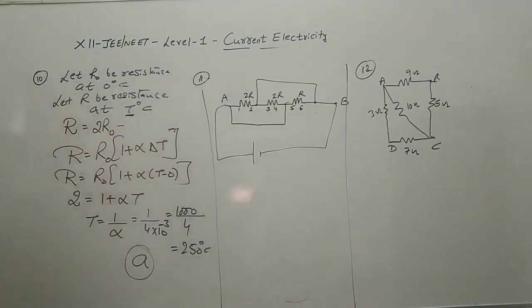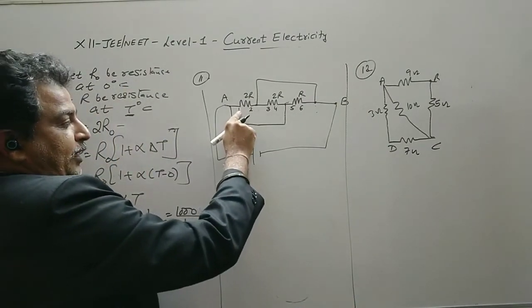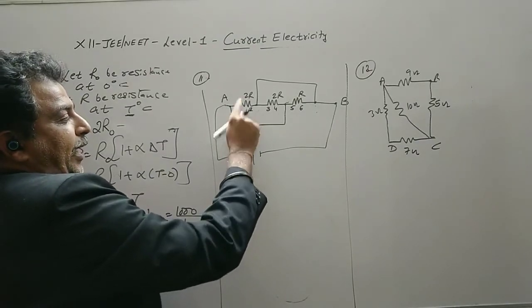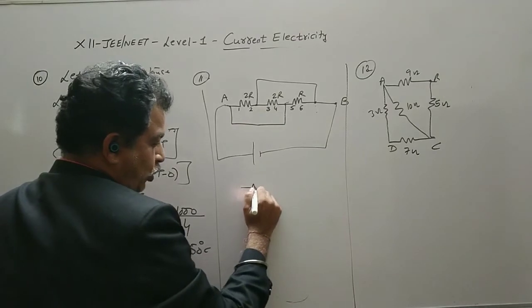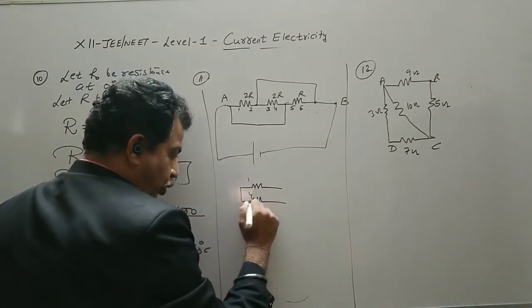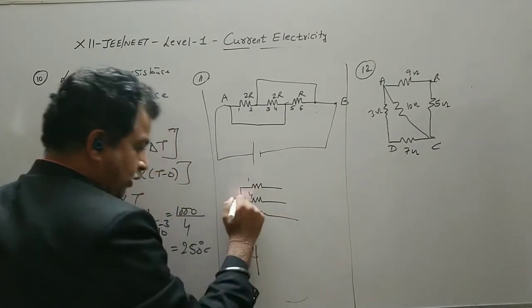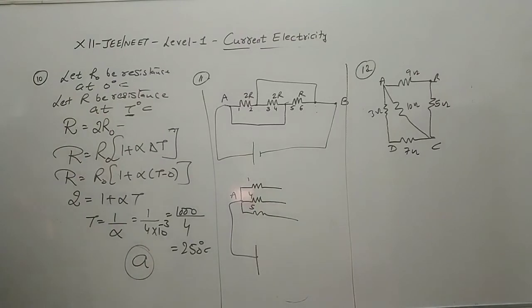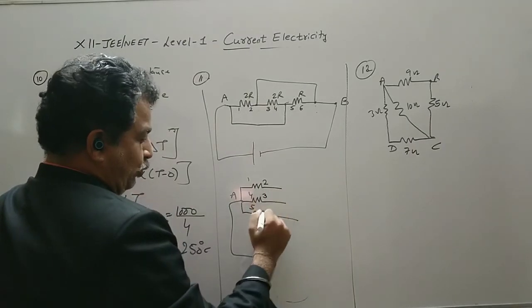Now say the positive terminal is connected to point A, 1, and this one is also connected with 4 and 5. So first I draw this 1, 4, 5 connected with a positive terminal. This becomes your point A. Now 1 and 2 together, 3, 4, we have no option, we have to name this.